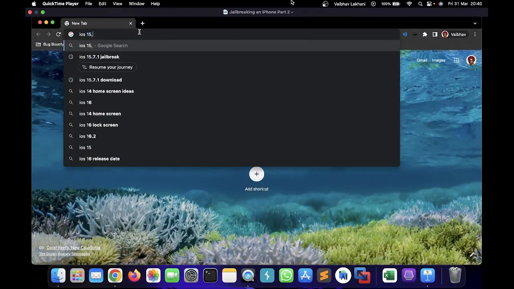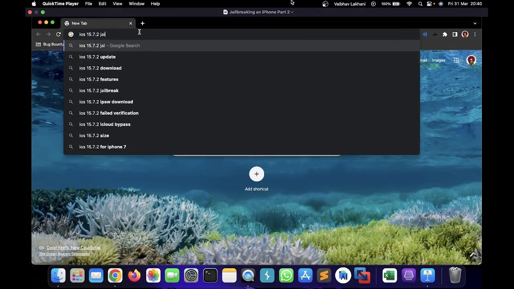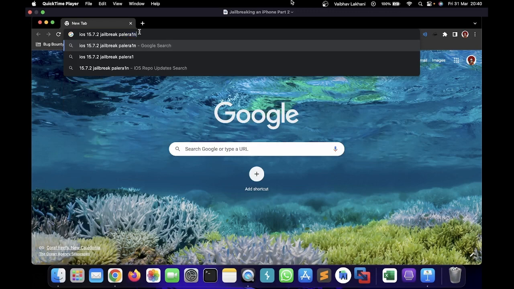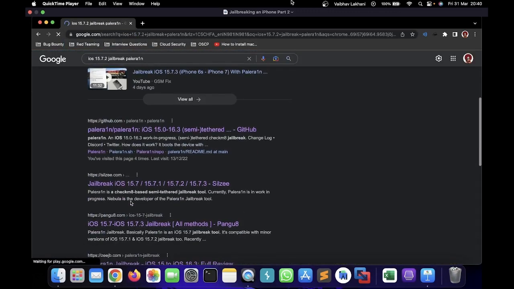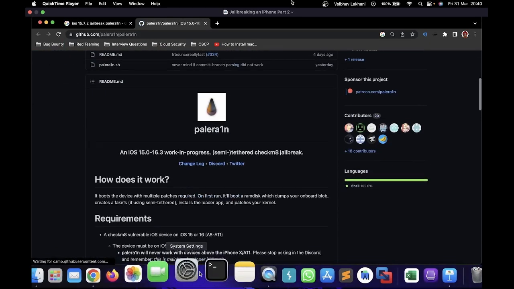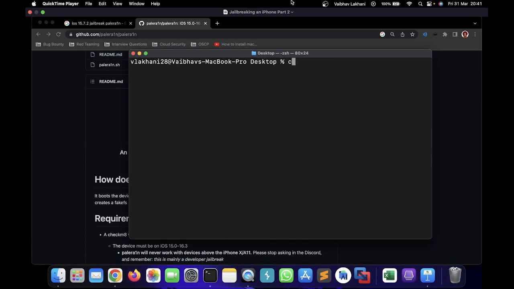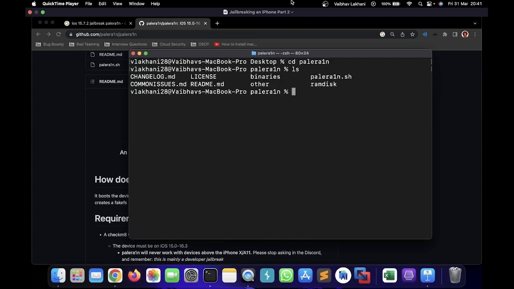And I'm going to go on to the Palera1n official GitHub repo, which is an ideal jailbreak for this version of 15.7.2. So over here, I'm going to go on to the official GitHub repo, and I'm simply going to go on to my terminal, and I'm going to go inside the Palera1n